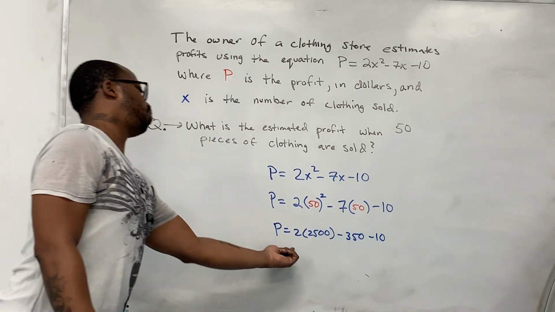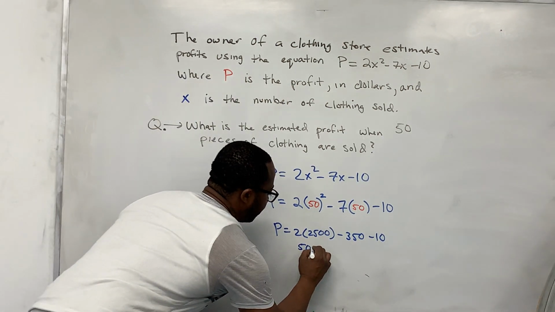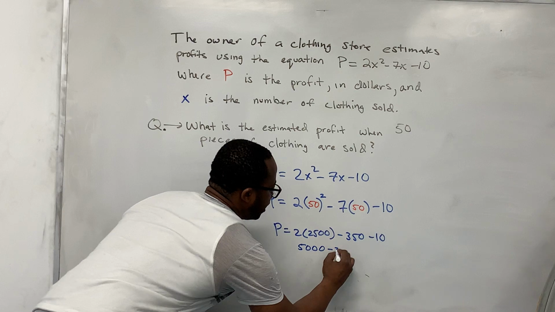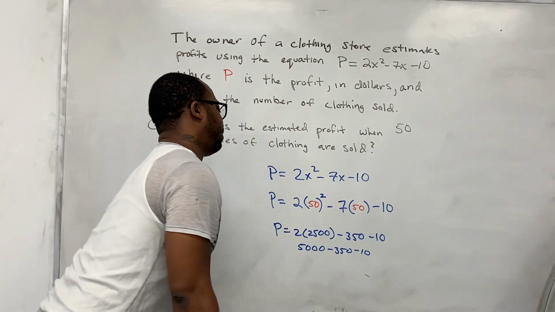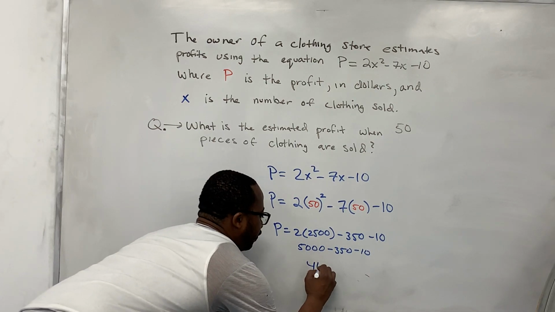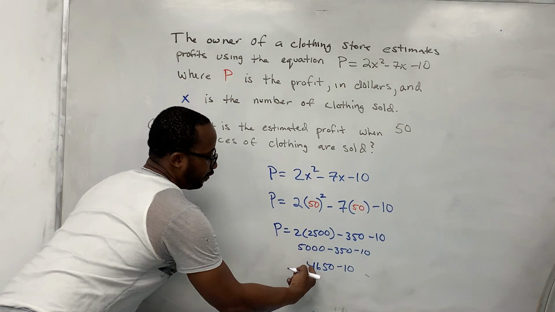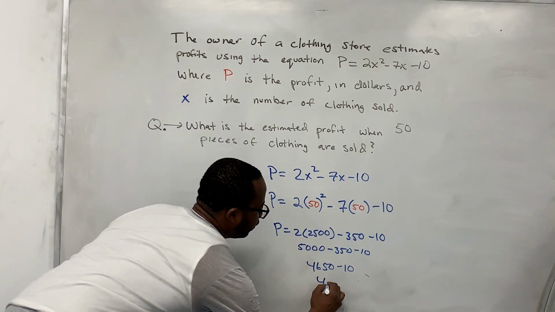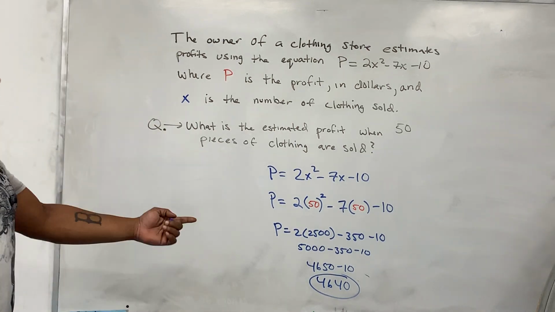Now I can do this. 2 times the 2,500 is going to be 5,000, minus 350, minus 10. So 5,000 minus 350 would be 4,650, minus 10. So 4,650 minus 10 is gonna be 4,640. And that would be my final answer. So the profit would be